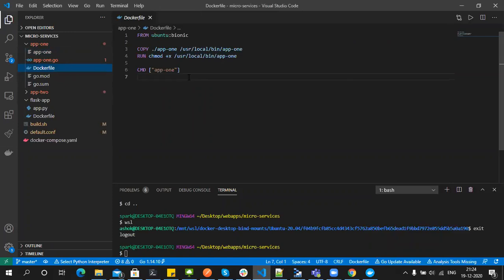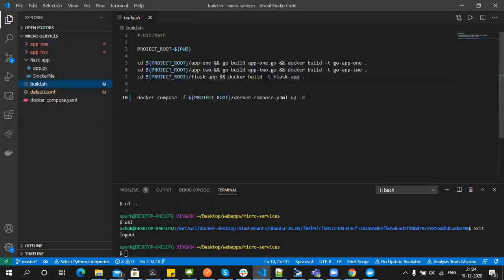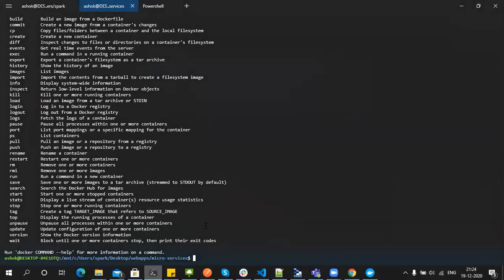This is how we build Docker images, using this Dockerfile. I have written one build.sh file. It will create my images and also spin up my network. Okay, I'm going to run this build.sh.